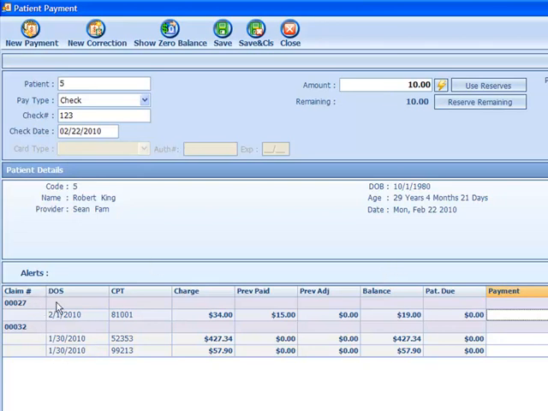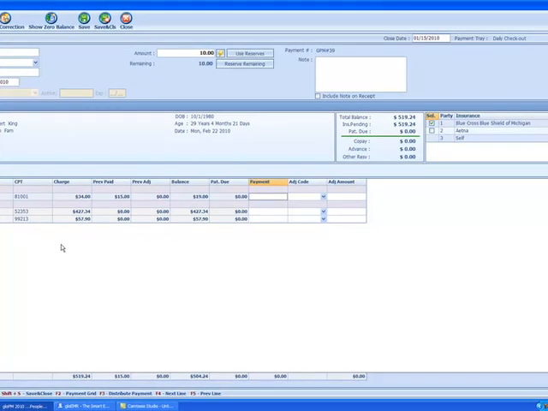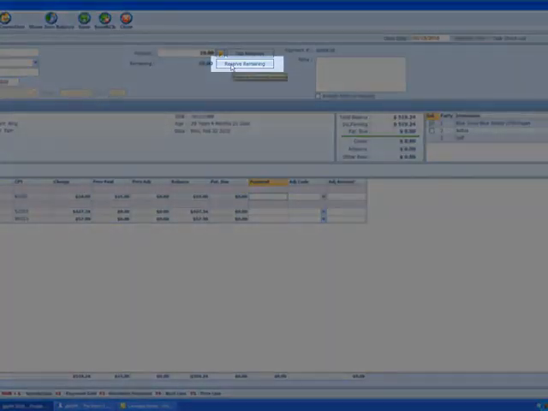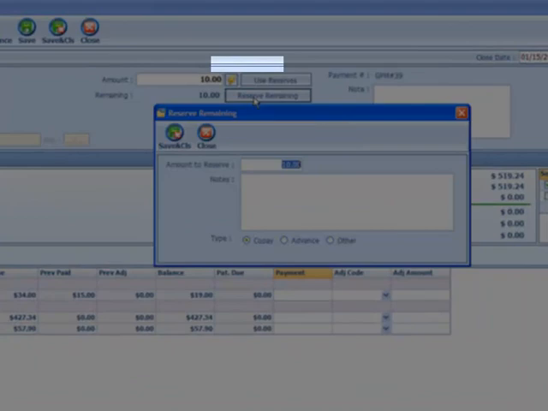So I have older dates of service down here for this patient, and I certainly could apply that money at this point, but I'm collecting the copay for today, not for those other dates of service. So instead, I'm going to say I want to reserve the remaining money. So if I click on reserve remaining,